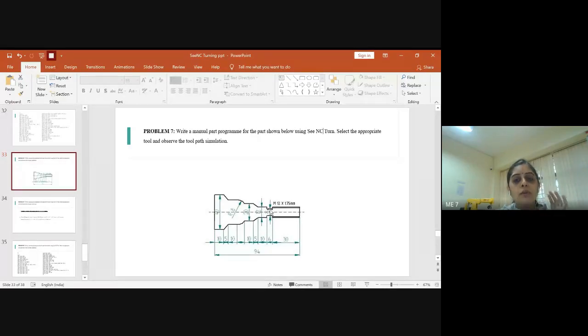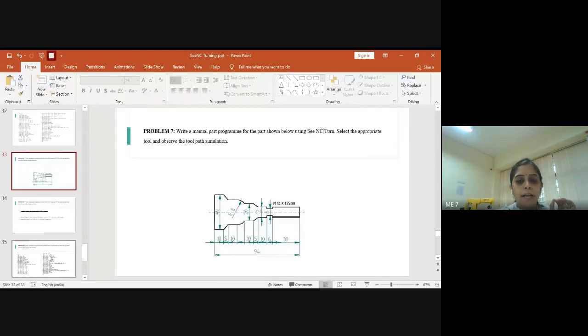But initially we won't use it until here, until 30 plus 6, Z minus 36. Until here, the diameter of the block is 12 mm only. So initially we do the turning operation for X equal to 12, right? So that we reach until here. For Z minus 36 and X12, we get the rough turning for a diameter of 12 mm, which is the value of X. Later we do the grooving operation.